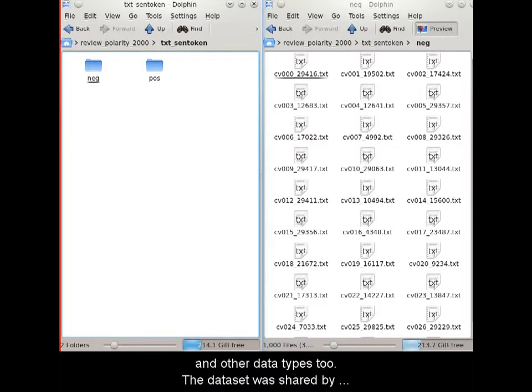The dataset was shared by the Cornell Natural Language Processing Group in New York, whose machine learning based NLP work is well known and impressive. It's 2,000 movie reviews from IMDb, 1,000 positive, 1,000 negative. They're labeled for supervised machine learning, and in Weka we're going to start training classifiers how to predict the sentiment